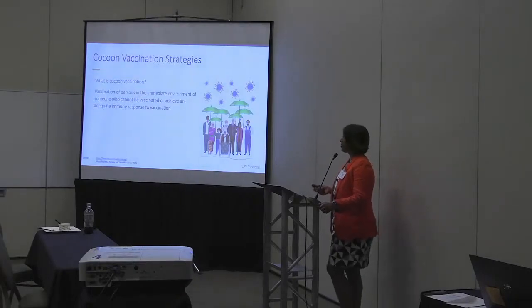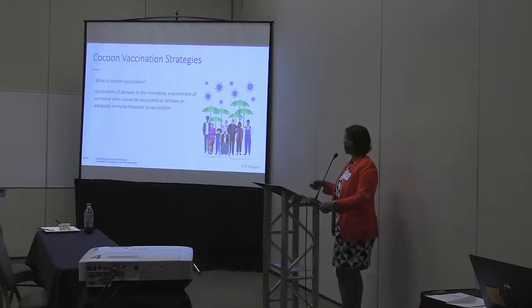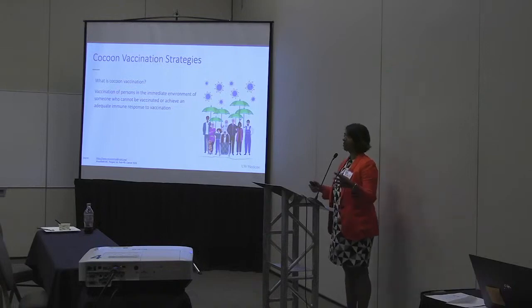Other strategies that don't necessarily have to do with vaccinating the immunocompromised individual themselves include the cocoon strategy. This was really important early on with COVID as an example, because we knew that people who were immunocompromised were not likely to mount a good immune response, yet they were our most vulnerable in terms of disease, morbidity, and mortality. So what could we do? We could make sure that everyone around them is vaccinated so that the people around them don't get sick, and therefore the person with them doesn't get sick.